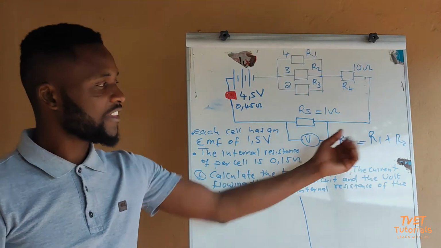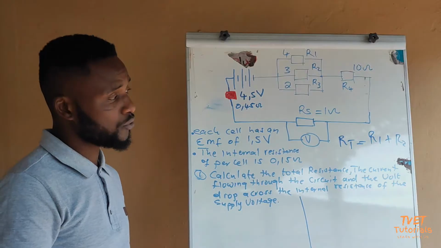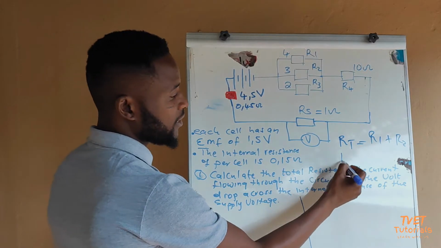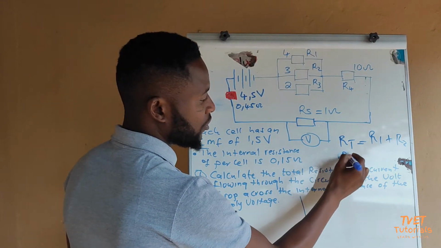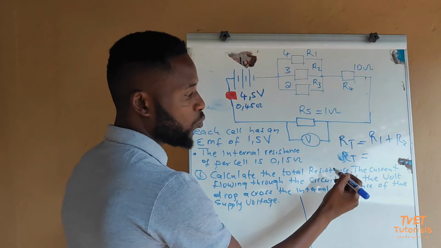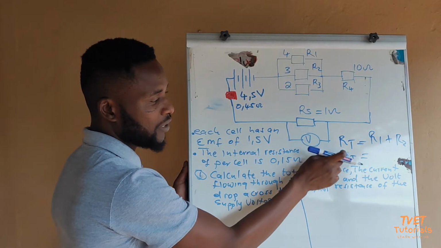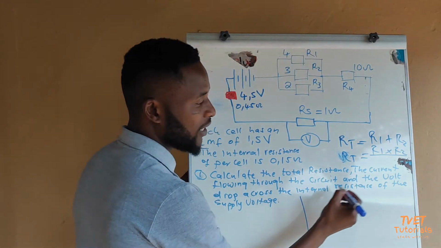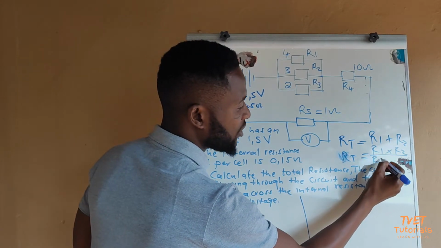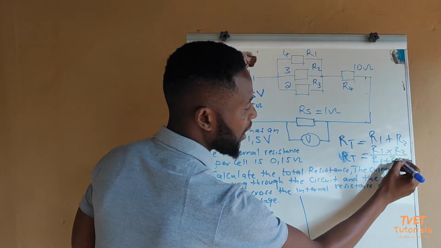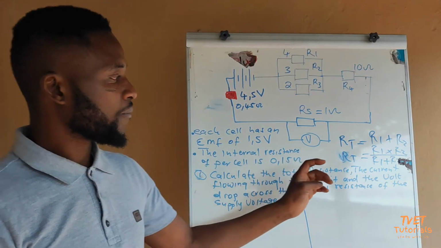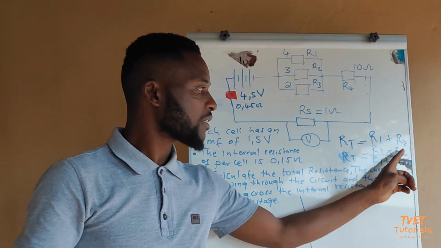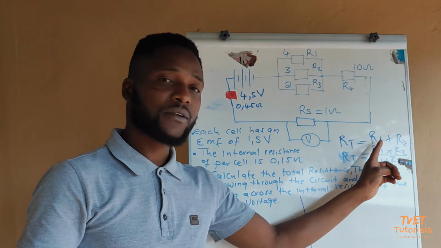And now, if we have these resistors R1 and R2 in parallel, your RT, if they are two, we are going to use the product over sum, where we multiply these two resistors on the numerator, and then we add them on the denominator, where you have R1 plus R2. So what you have to remember is that you can only do this if you are dealing with two resistors